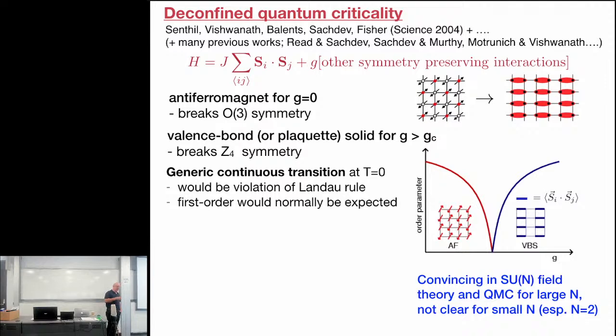So the thing is, I'm not a field theorist, so I will not even really discuss the field theory behind it. But I can just mention that it's the CP^(N-1) model, and they studied it for SU(N) for large N, and in that limit it becomes almost like some kind of mean field theory, and then one can do at least to some extent 1/N corrections. So in that limit, it's I would say quite clear that you have this scenario, though I think the VBS is basically also gone for large N. It becomes